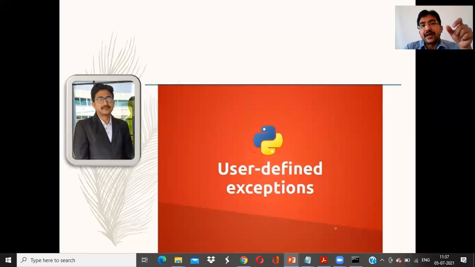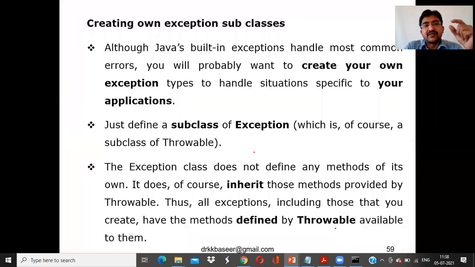But when you are developing big applications, thousands of lines of code will be available. At that time, it is not that easy to identify where the exception is. Because of that, user-defined exceptions are there, to easily identify, out of thousands of lines of code for a particular application, especially in MNC companies. You can write your own exception so that you can easily catch at which block the exception is occurring.